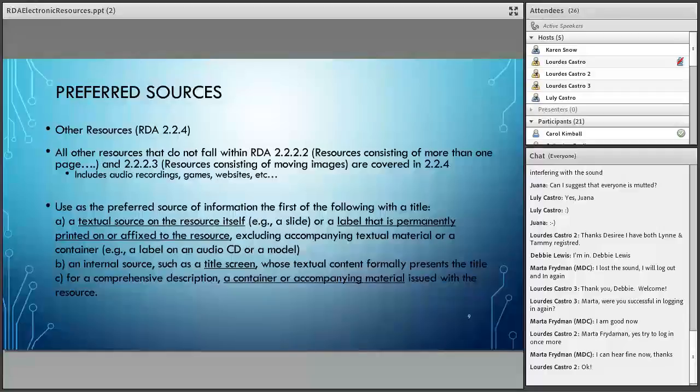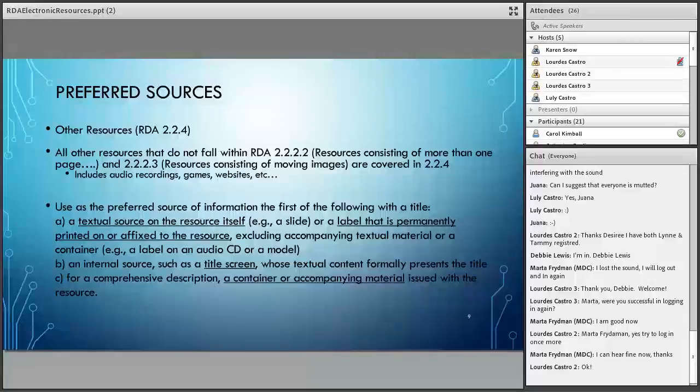So in the 588, no indicators needed. You just put I took the title from the container, title from the PDF cover page, title from the home page, whatever is appropriate for your particular item is where you note the title source. So we don't need to do that for our electronic book, like I said, because that's the exception. If it has a title page, then we don't need to do that. But for our website, we want to say title from home page, CD-ROM game, title from the disc label, and that's sufficient, just so it's clear from where you took the title, the main title proper. So okay, hopefully everything's clear thus far.